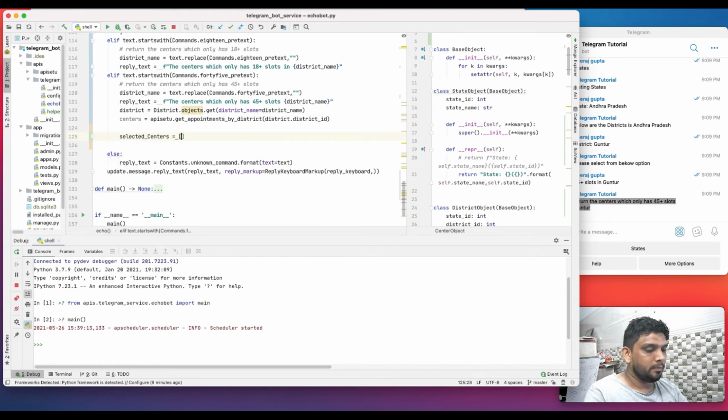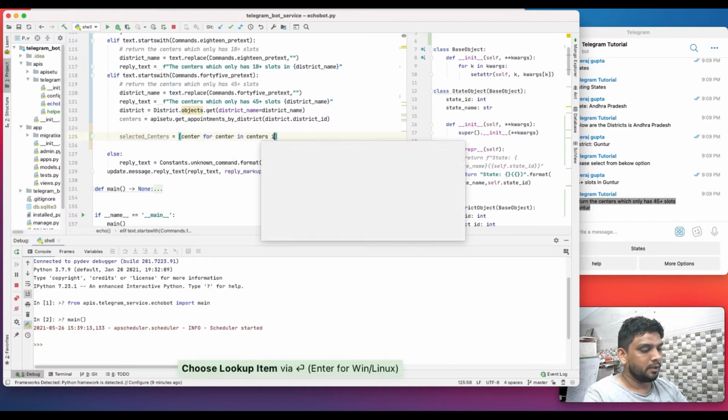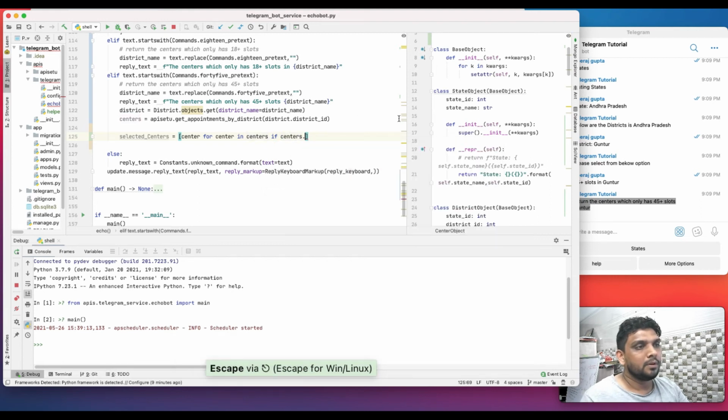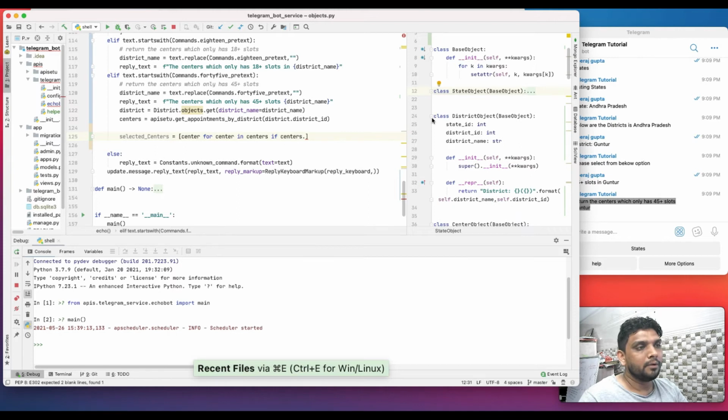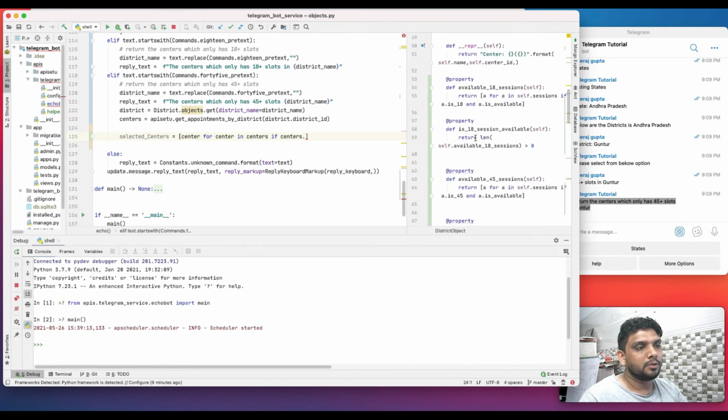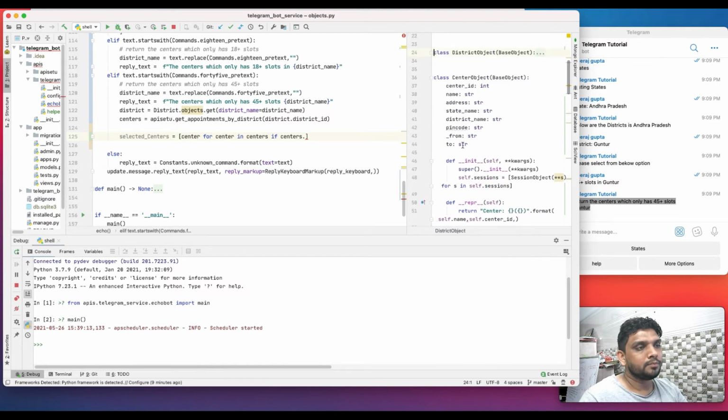We can say center for center in centers if center dot... let's see what function we have created for the center.